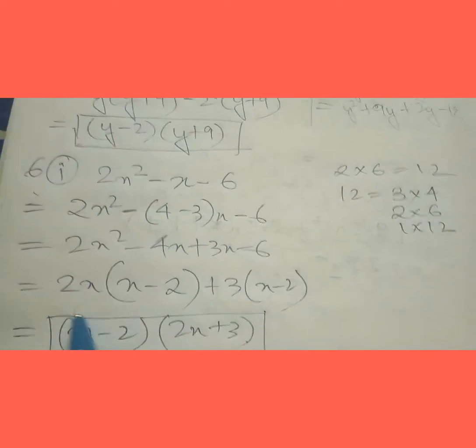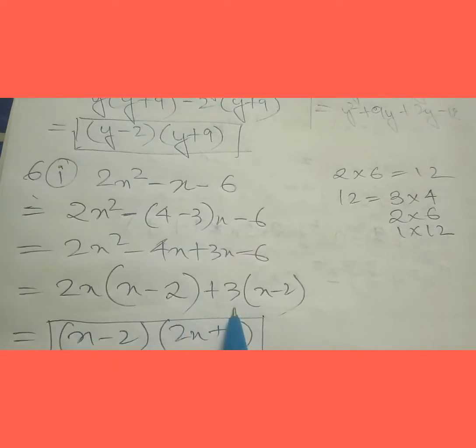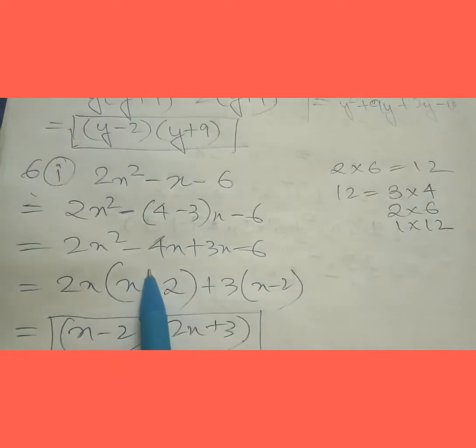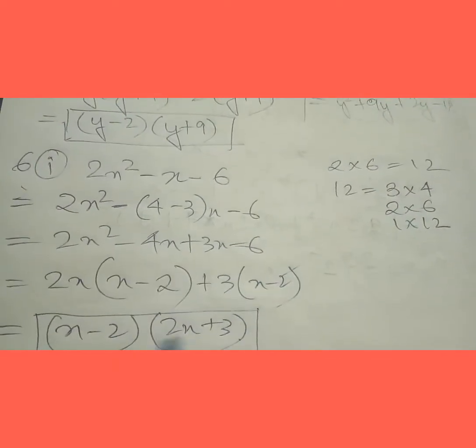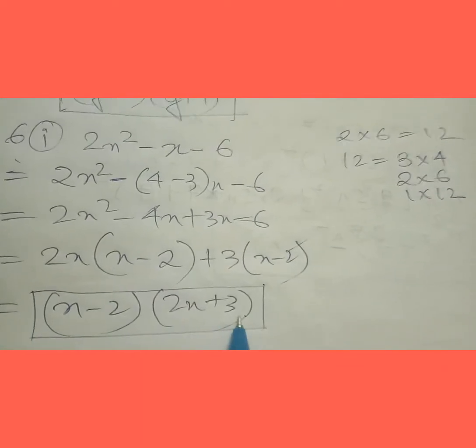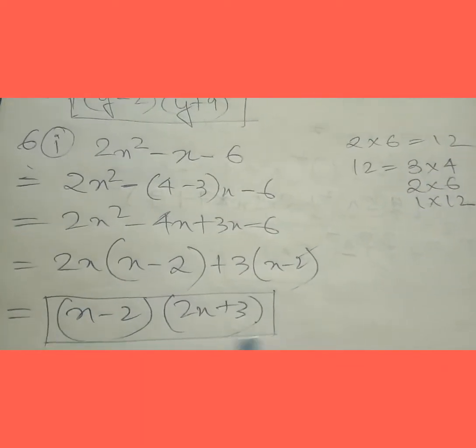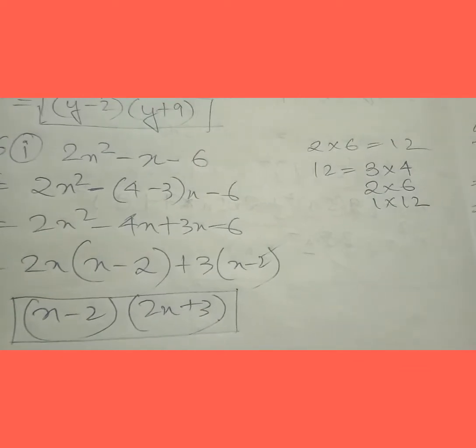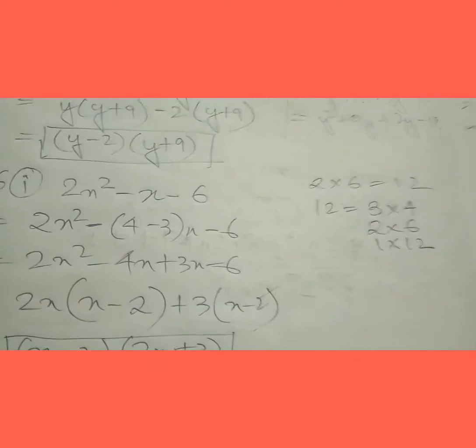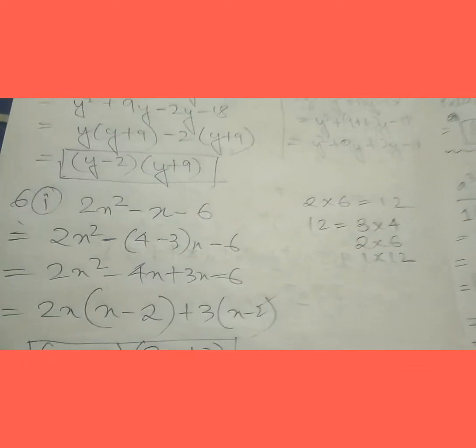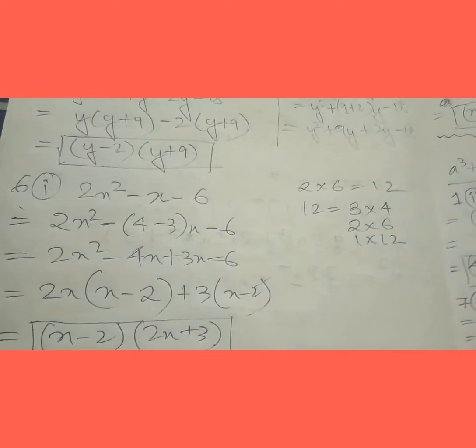Okay, again how many terms? See, 1 term and this is 2 term. These both the terms, this part and this part is common. See, x minus 2 and 2x plus 3 is given over here. The final answer I made in the box. I hope you've understood this part. This is a very important part, and these things we have done in class 8 also. Okay, just go through this once properly, pause your video and see it 1 or 2 times or 3 times.